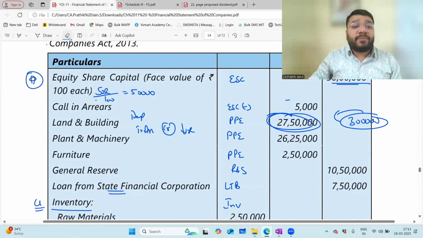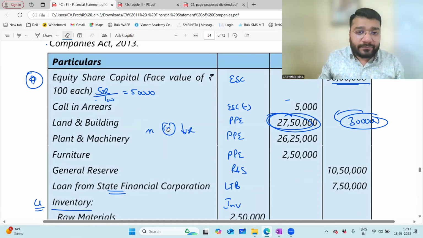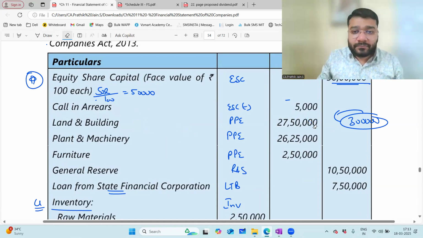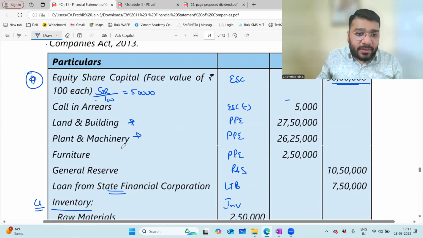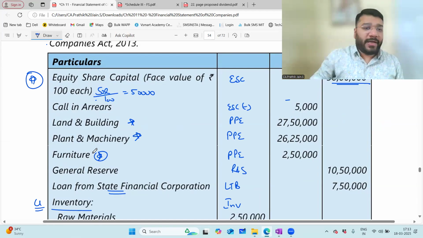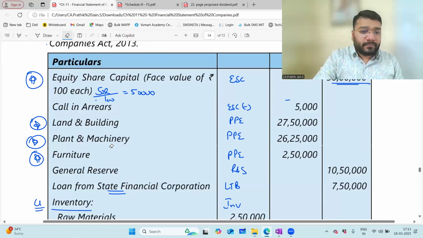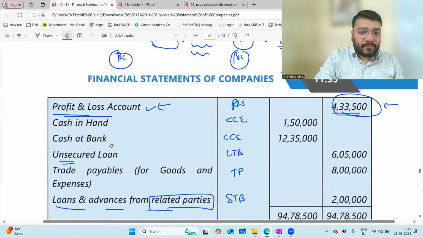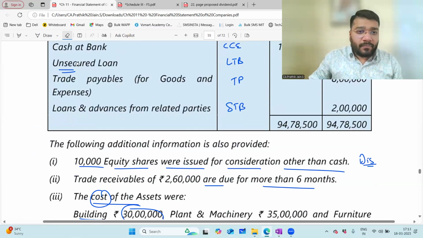Anybody who's not clear on this point, you have to strengthen your depreciation chapter, which has been discussed at the CA foundation level. So I'm putting one star mark here, here, and here. Great. Next,